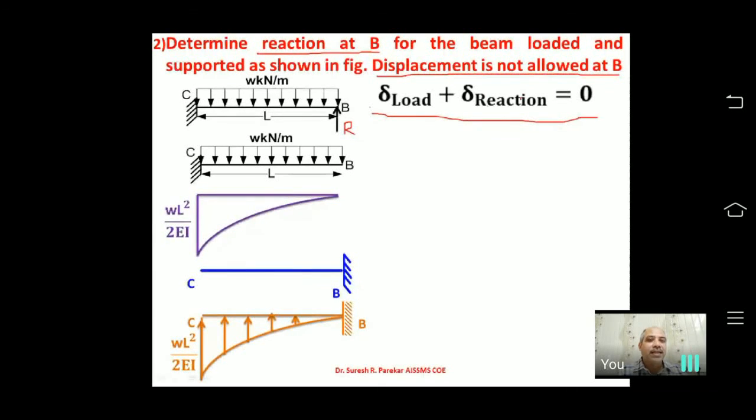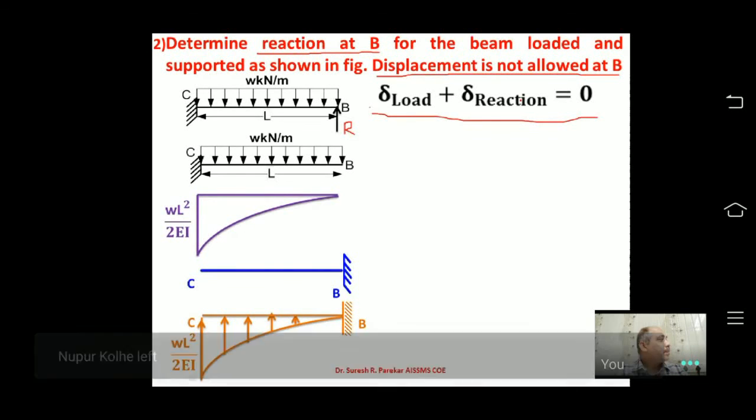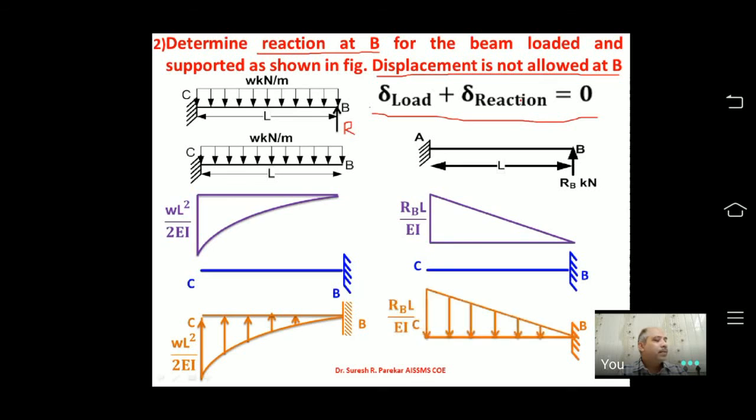So in the last example, we had delta due to 9 kilonewton on the left side and delta due to M on the right side. One and the same, you can keep on one side, or you can write it on another side. We are going to get the same. So now this will be the beam, and we have RB. Due to RB, what will be my bending moment? RBL upon EI. And then we have the conjugate beam with loading. So compare these two. Now deflection due to the left hand side should be equal to deflection due to the right hand side.